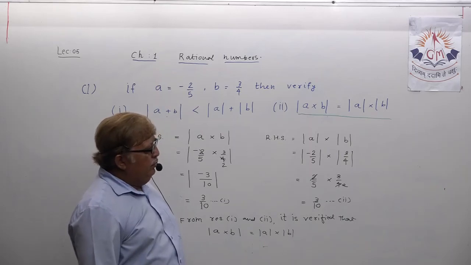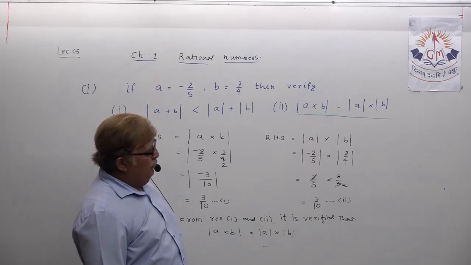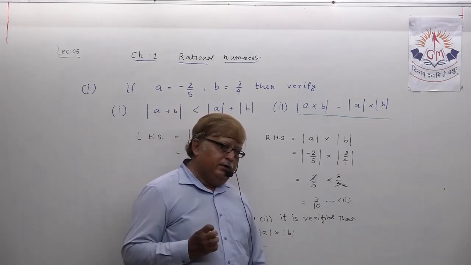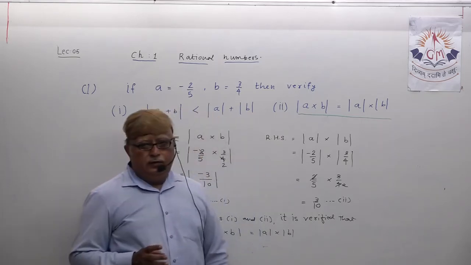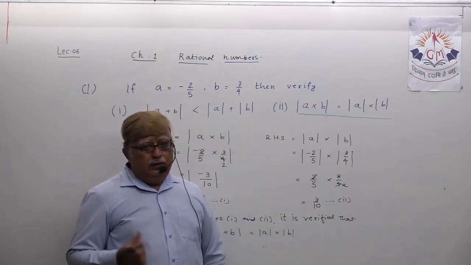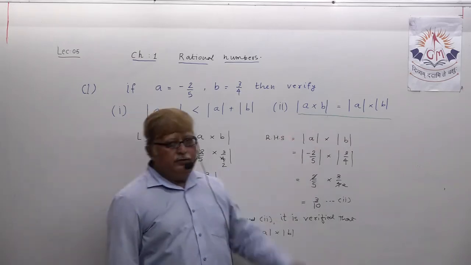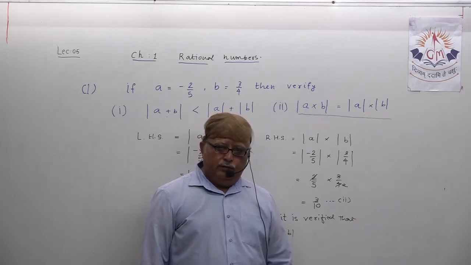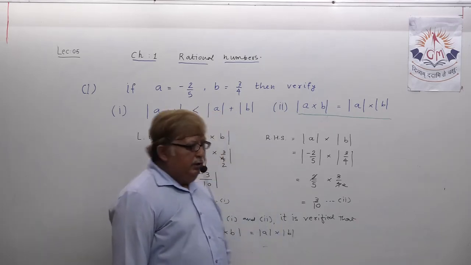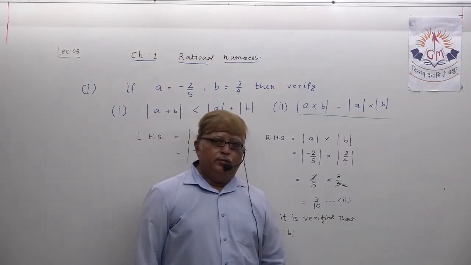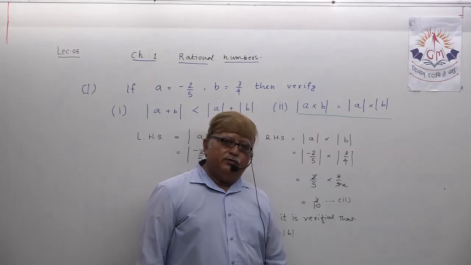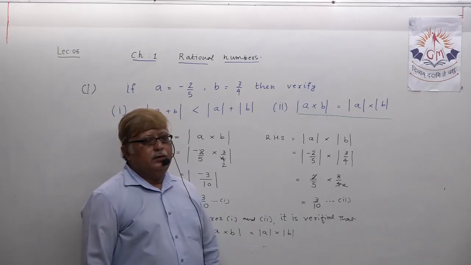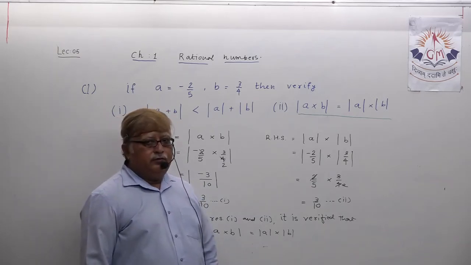As I told you, in MCQ also this can be asked. You are given any two rational numbers and 4 options with little variation. Only one option is correct, that is modulus A multiplied by B equals modulus A multiplied by modulus B. So this way an example can be asked to verify